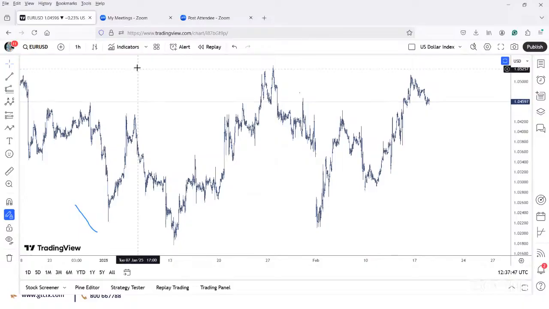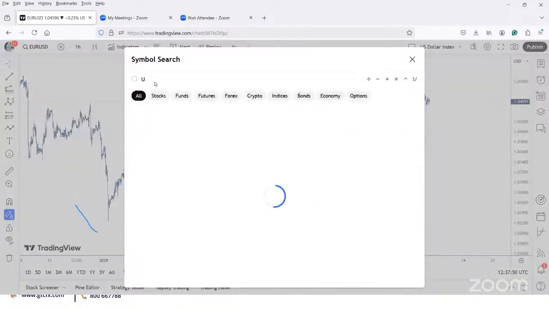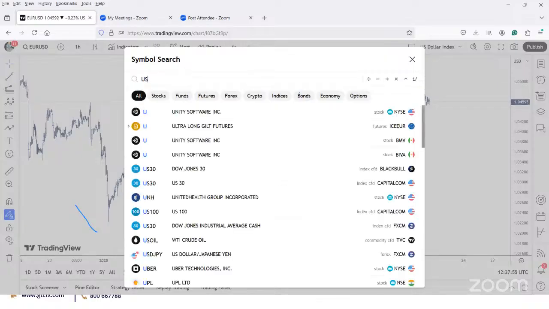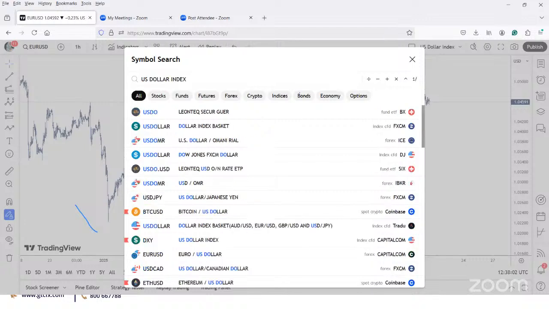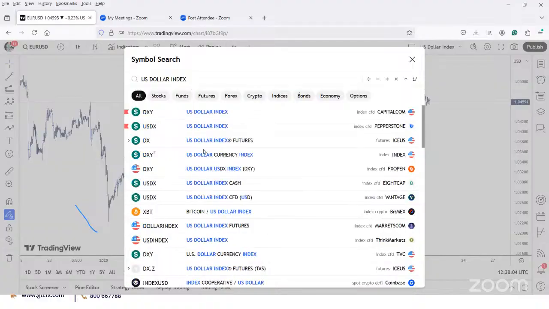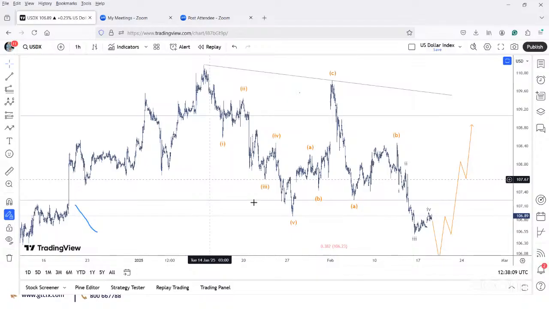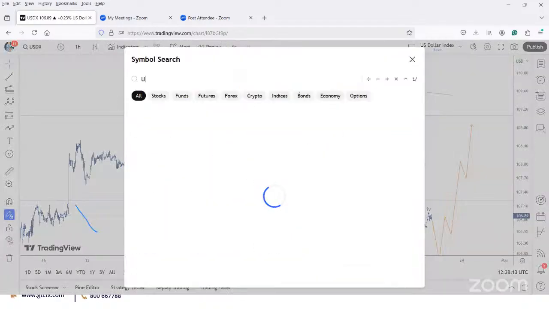We still have 3 more cases to discuss, but before we forget, we need to find one very important case, and that is the dollar index. I need to find a clearer chart,